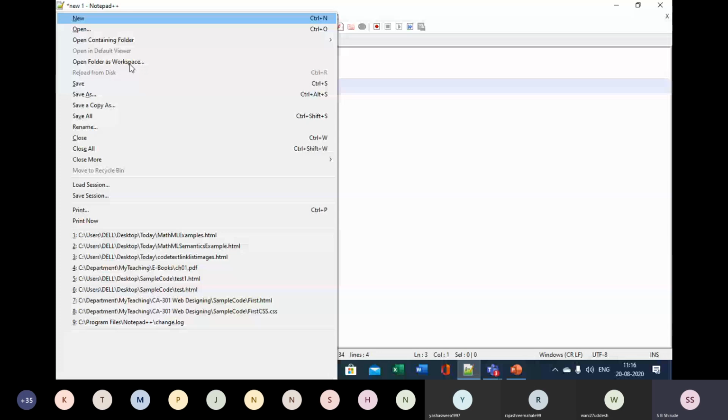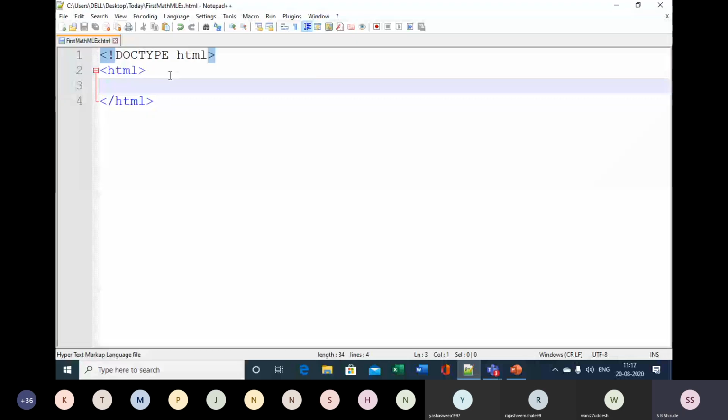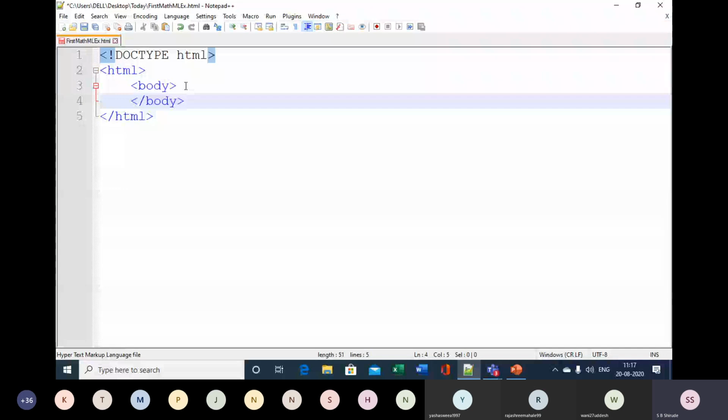Save it, and then here we will add a body section. In the HTML body, it is compulsory to make use of the math top element. So I have used the math top element here.